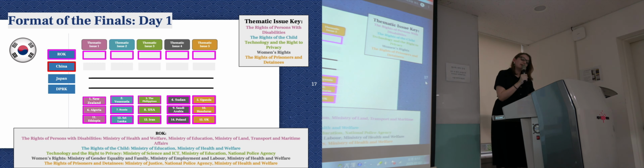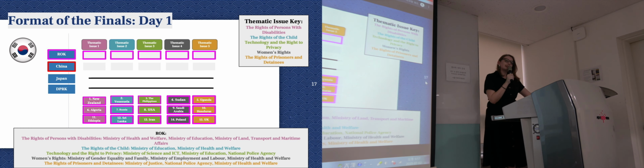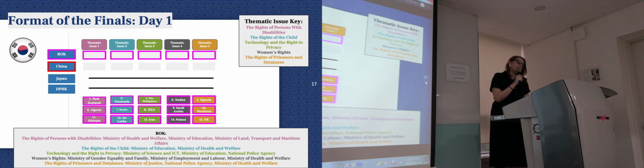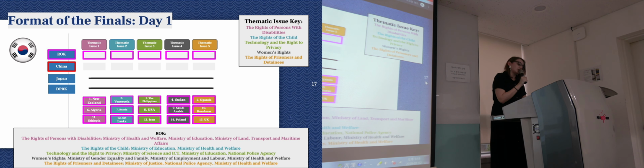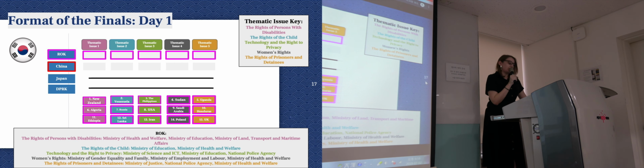So the format of the finals on day 1 will look a little something like this. On day 1, the 2 states under review are the Republic of Korea and China. The Republic of Korea will be the first to be reviewed, meaning that all other delegates at that time will be taking on their respective roles as a recommending state of the UN Working Group. Before the review begins, the head of delegation will present the national report, which is essentially, to summarize briefly for now, an opening statement looking at the overall human rights conditions and policies of the state under review regarding all of the thematic issues. Then we'll move on to the main event, the review itself.